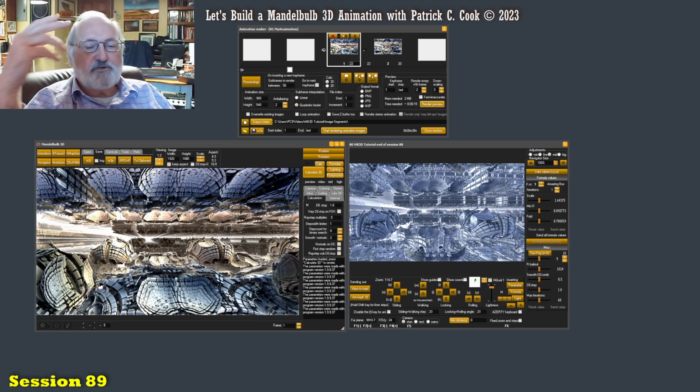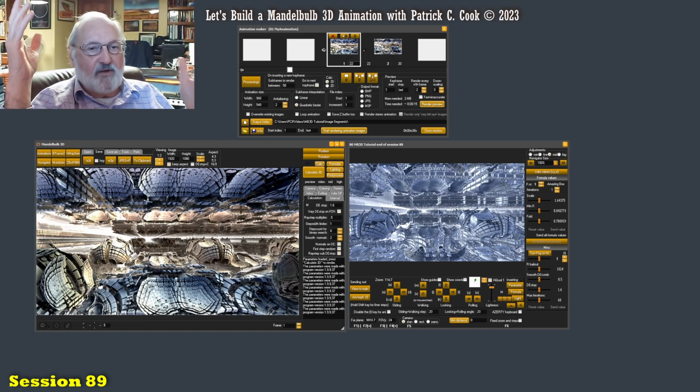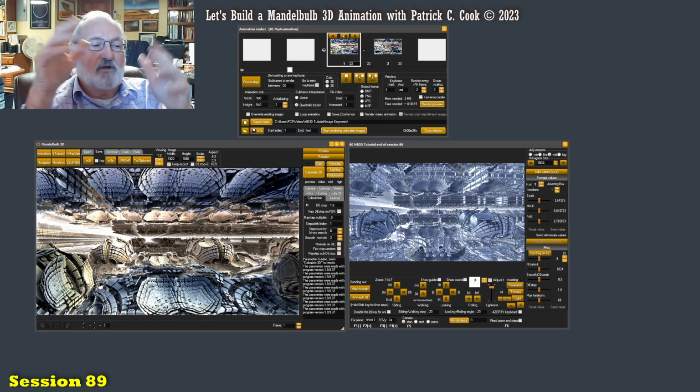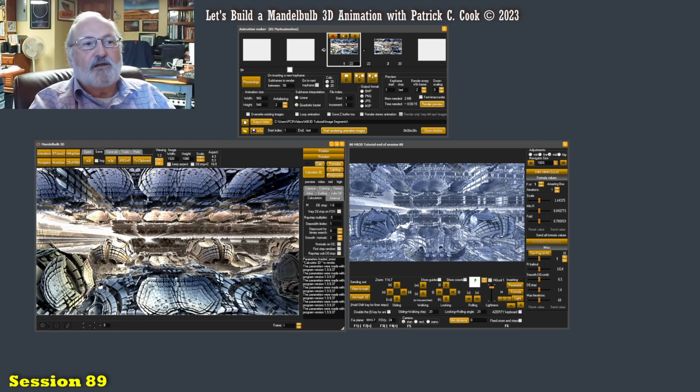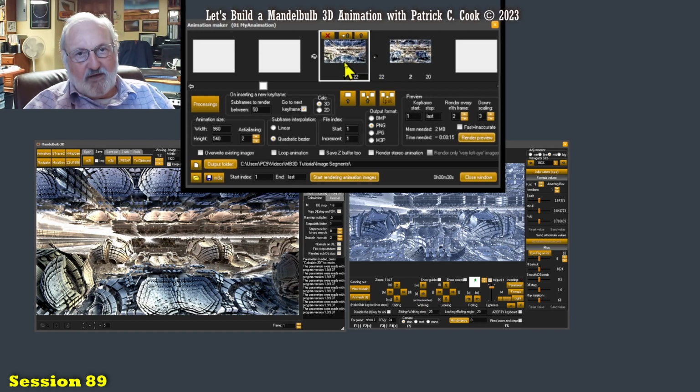Because ultimately there's going to come a point that you're going to try to navigate through this scene, and you're going to try to animate it. And of course the animation is the subframes that are created or interpolated between your keyframes. And you want to try to get everything as right as you can up to the point that you create your keyframes, because there's really no going back. There's no going back. Once I create that keyframe,